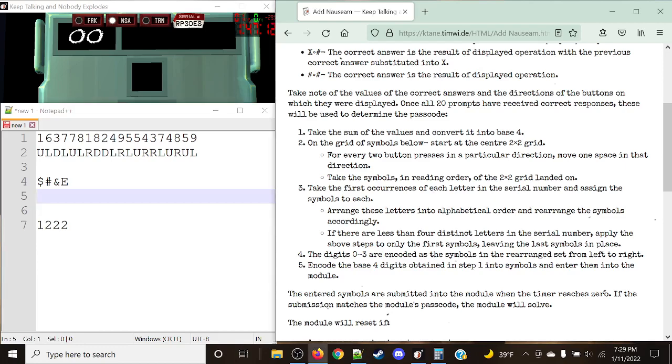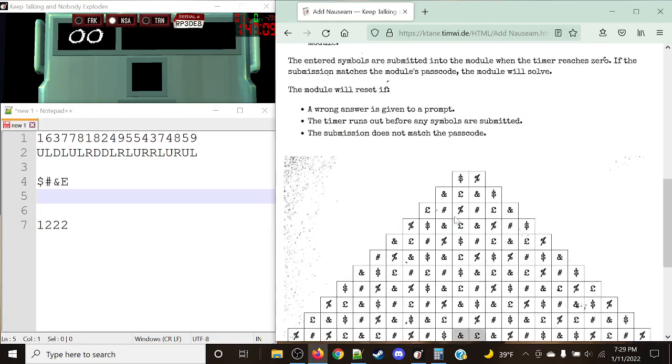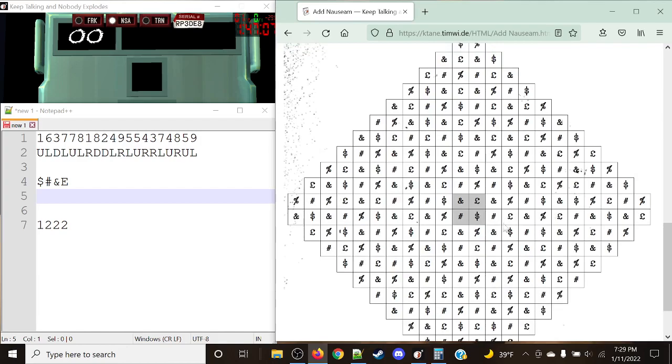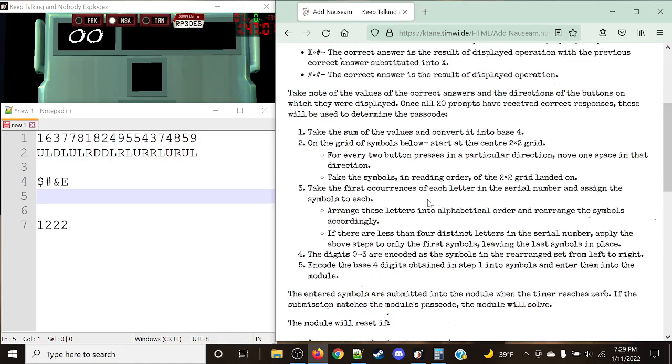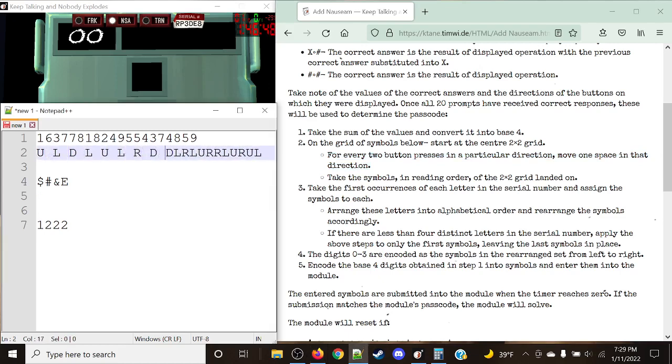And now we're going to get into the bulk of how this actual module works. So we're going to be using the funny De Bruijn cipher. We're going to start at the center. And what we're going to do is, for every 2 button presses in a particular direction, move 1 space in that direction. Now, one of the things that helps me with the directions is I actually like to space these guys out. So,